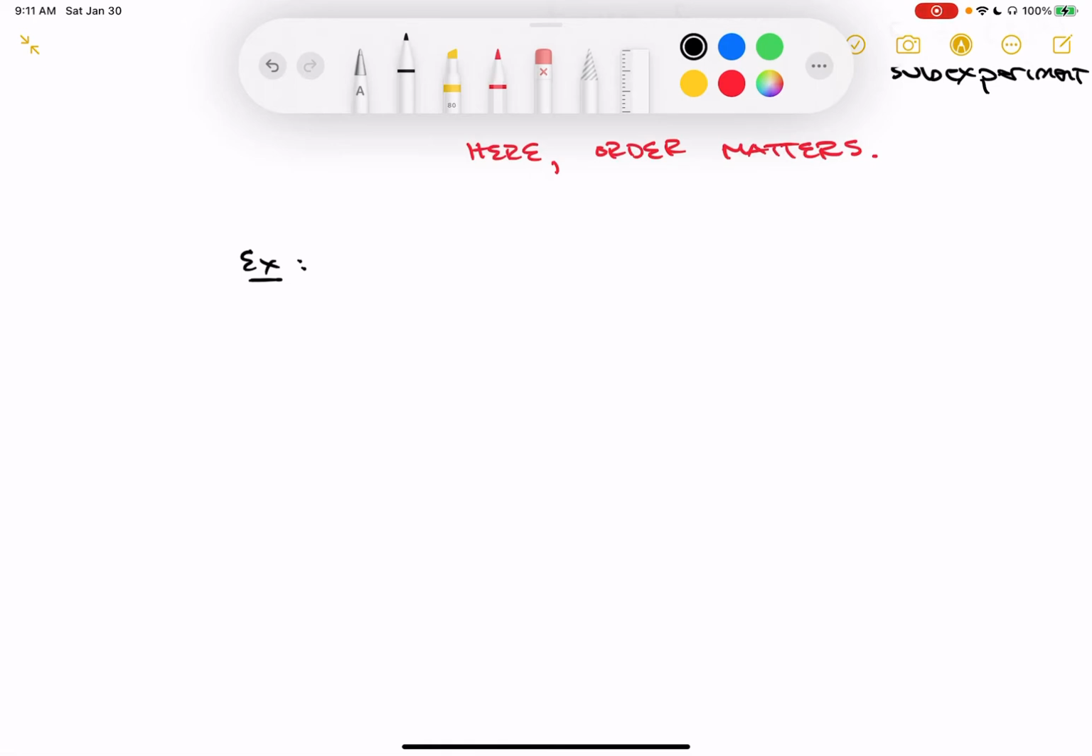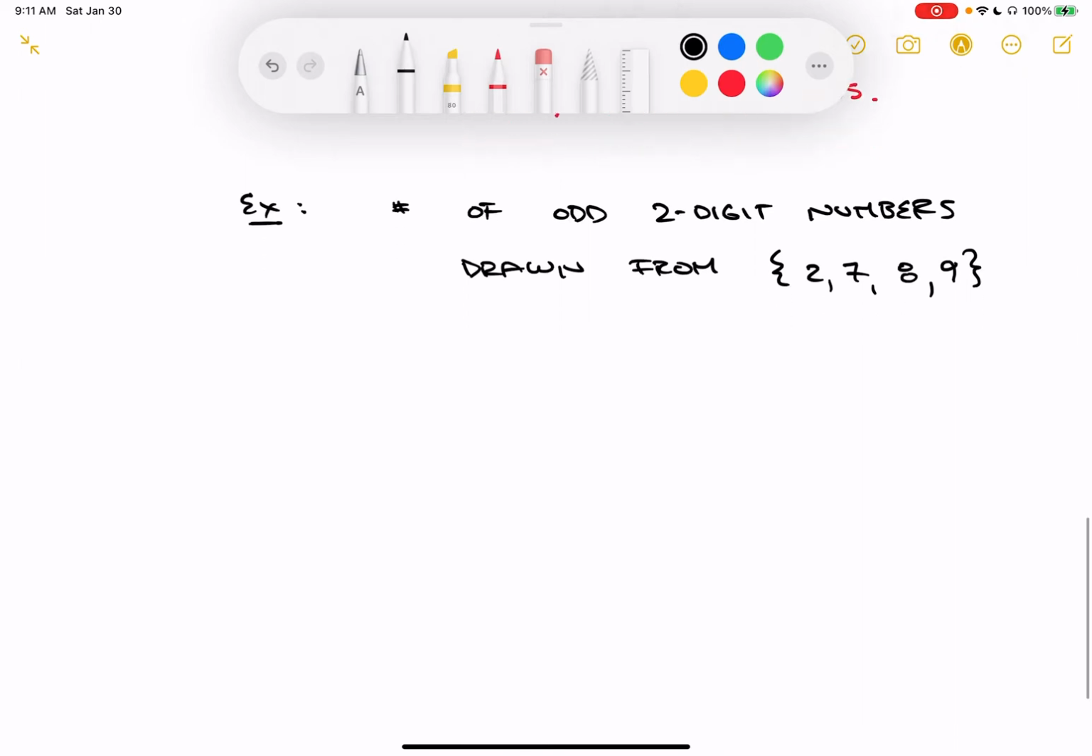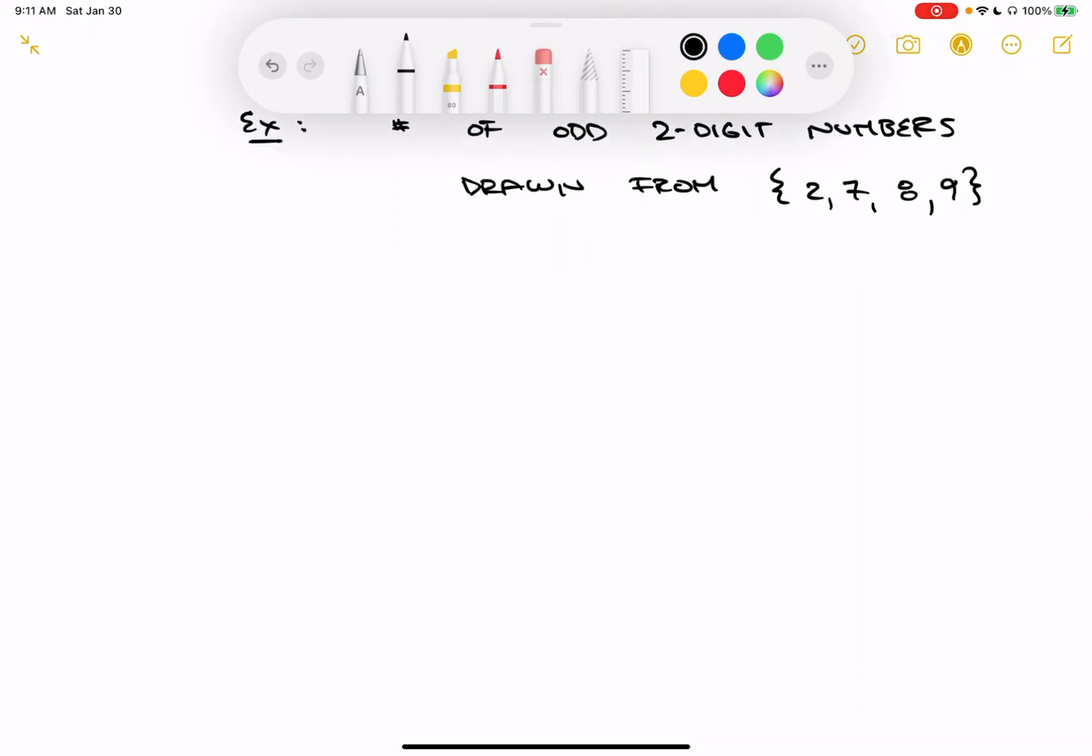And this first example is going to be something like this. How about we try to find the number of odd two-digit numbers drawn from the set 2, 7, 8, and 9. So there's 4 digits, and I'm going to pull 2 of those digits out, and I'm curious how many odd numbers are in there. I could certainly do this with a tree diagram, and I think a tree diagram can